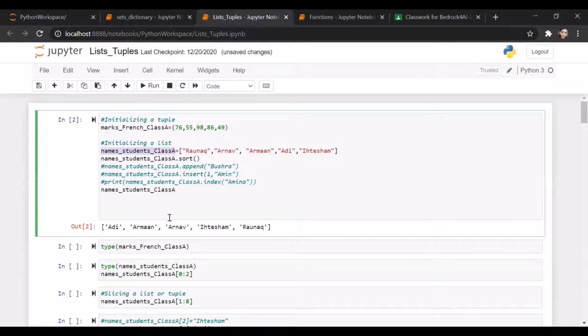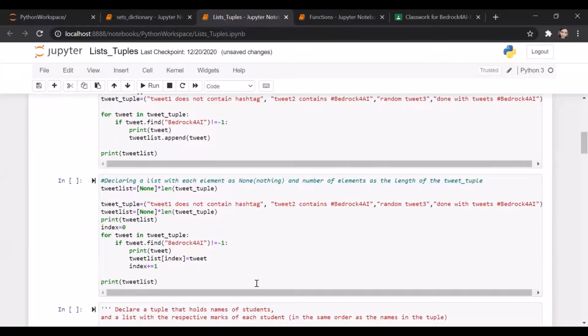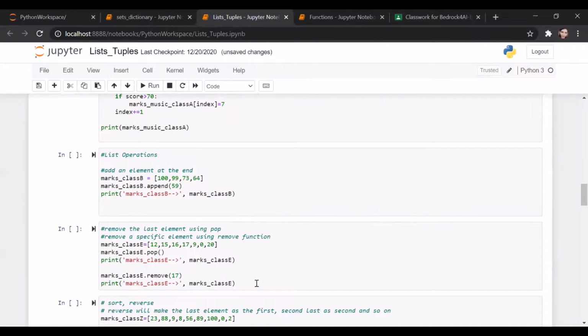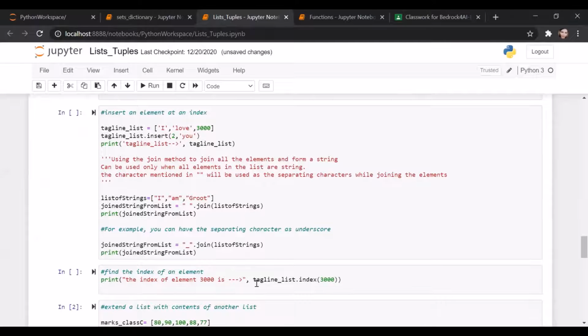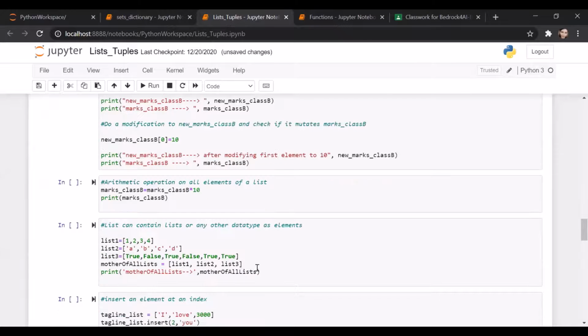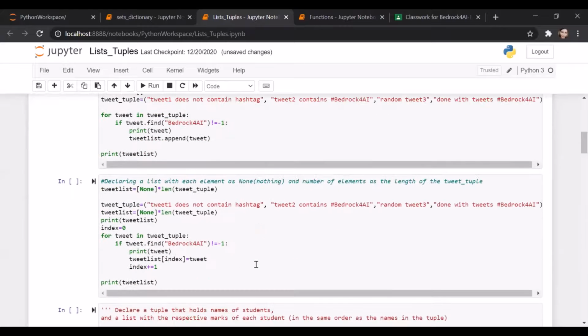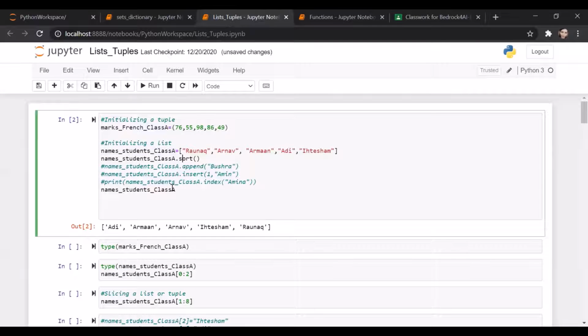Okay, there is a different way of sorting. If you didn't want the original list to be modified, suppose you wanted the original list to be as it is, but you wanted a sorted copy of it, then you sort using a different function, which is shown here down. It's called sorted. So you can use that. What that will do is it will sort the list, but it will give you a copy, a clone of it. So your original list is still safe, but this one has done an in-place sort.